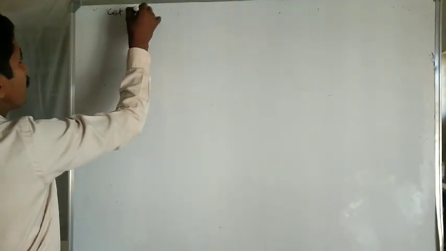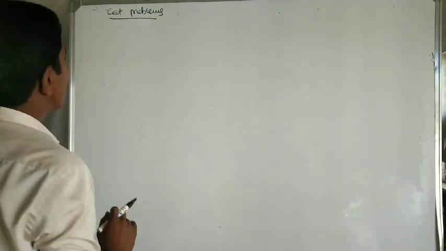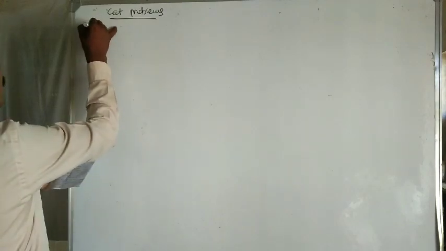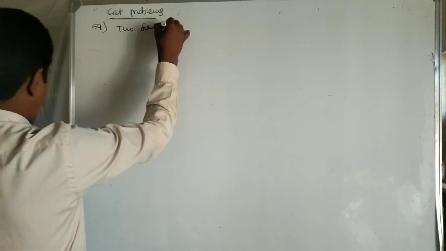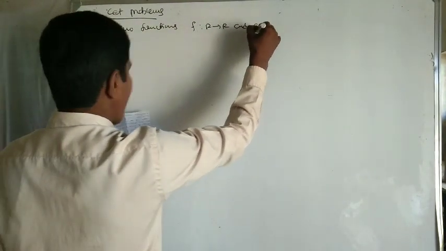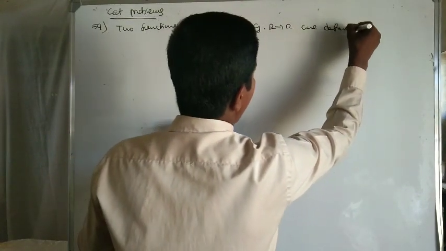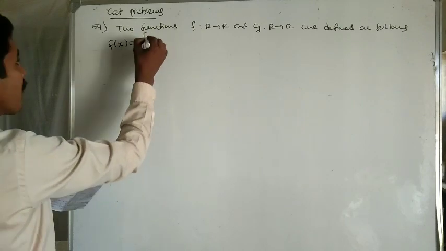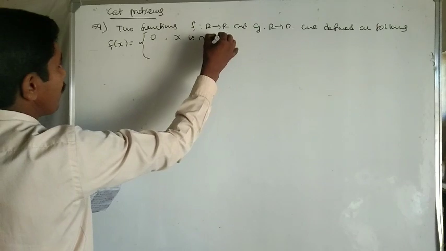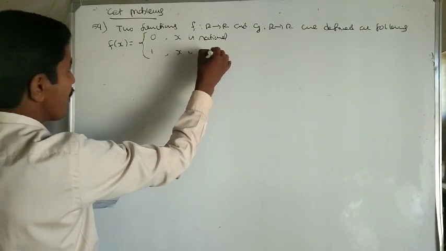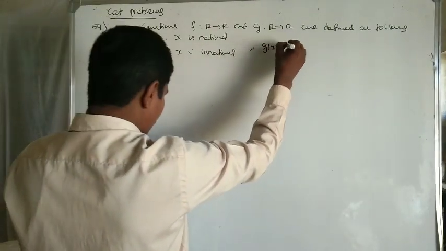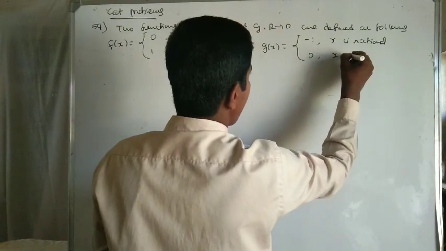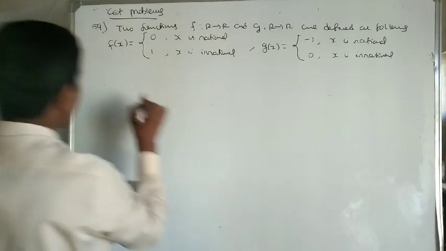CT problem, the 59th problem. Two functions f from R to R and g from R to R are defined as follows. f of x equal to 0, x is rational; 1, x is irrational. g of x equal to -1, x is rational; 0, x is irrational. Then